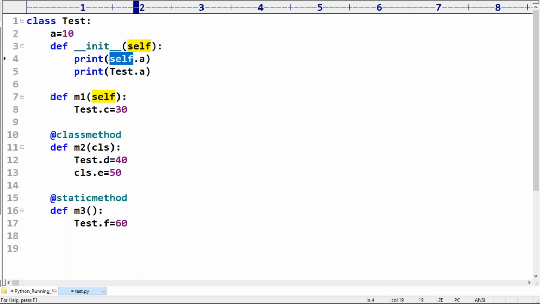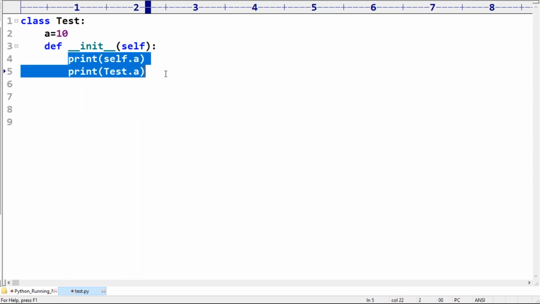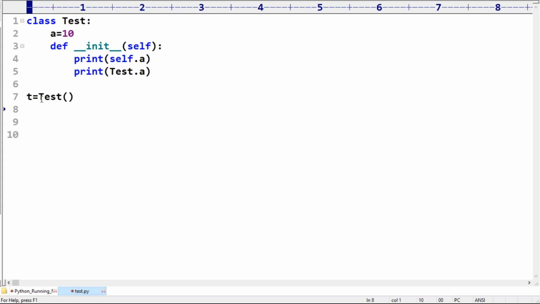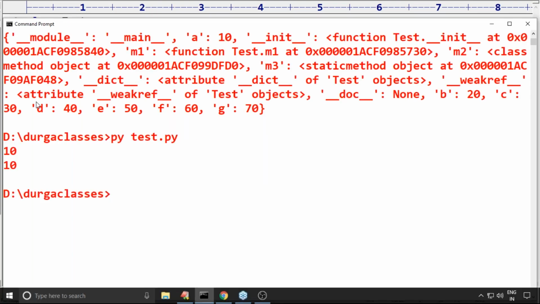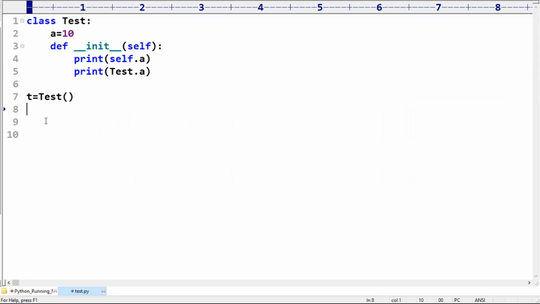Now observe. Here this is A, and I'm trying to access A inside the constructor. Now t = Test(). If I create an object, the constructor will execute automatically and these two things will be printed. What answer are we getting by default? 10 10.